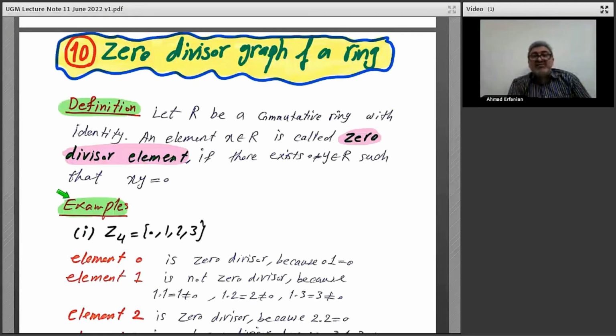Graphs, algebraic graphs related to a ring. If we talk about the ring, we have two operations: multiplication and addition. With addition, a ring is an abelian group, and with multiplication, we have